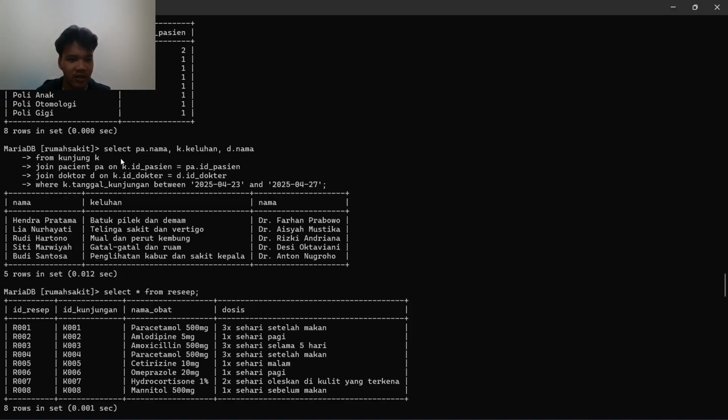To do that, same as always, we select the column names nama pasien, keluhan, and nama dokter from the doctor, patient and kunjung tables, and we join them. The column that connects the patient table and the kunjung table is ID patient, and the one that connects the doctor table and the kunjung table is ID doctor.